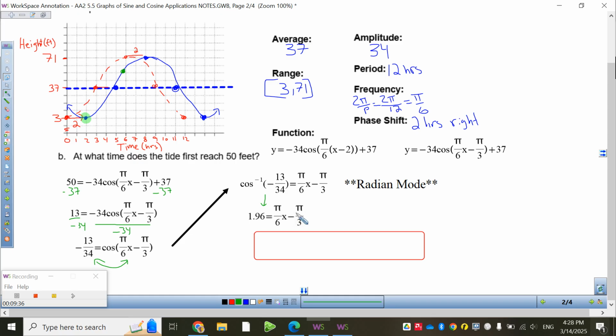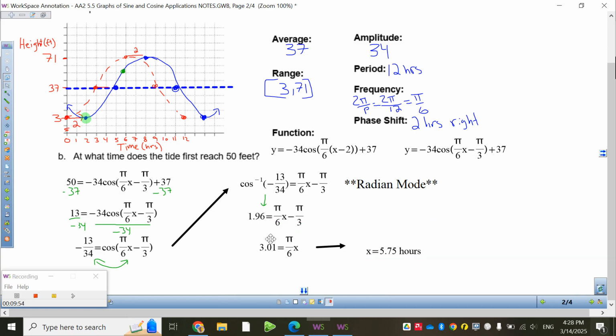So I'm going to add pi over 3 to 1.96, and you can do that on your calculator. You can change pi over 3 into a decimal. It's close to 1, so we're going to approximately add 1 to this, a little bit more than 1. And what we're going to get is 3.01 equals pi over 6x. Then we divide by pi over 6 on both sides. Make sure you're careful with your parentheses, and you should get an answer of